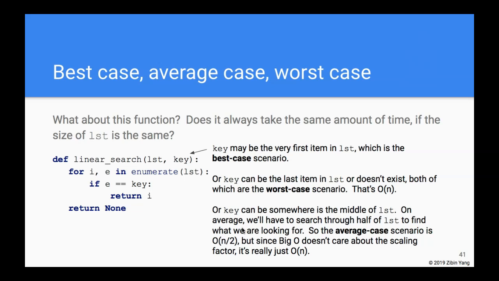But remember, big O really doesn't care about the scaling factor in front of n. So in terms of big O, it's really just O of n. And it's the same as the worst case scenario,